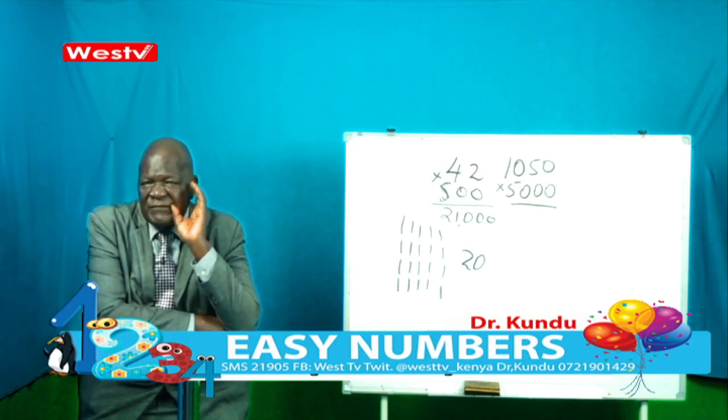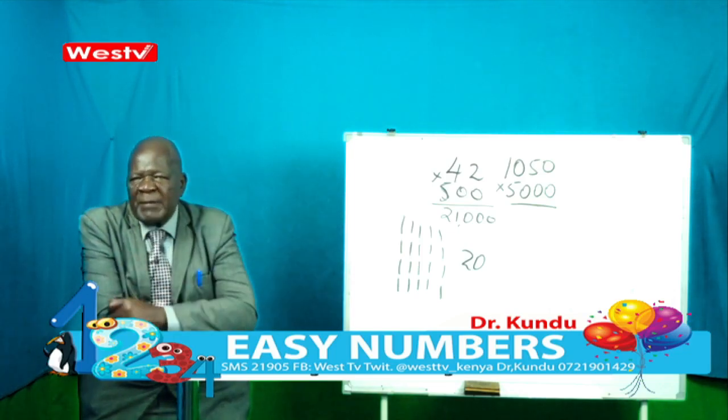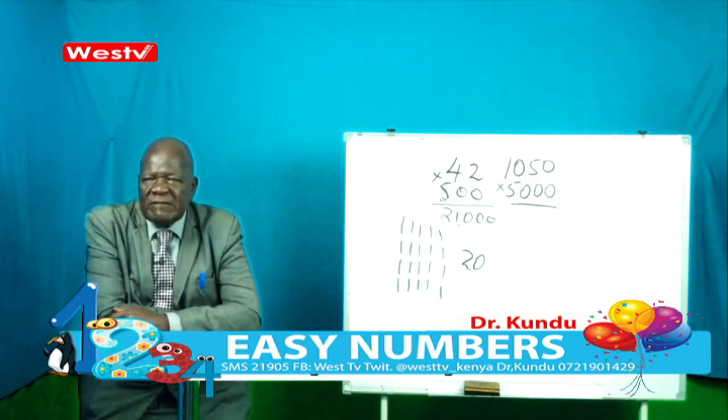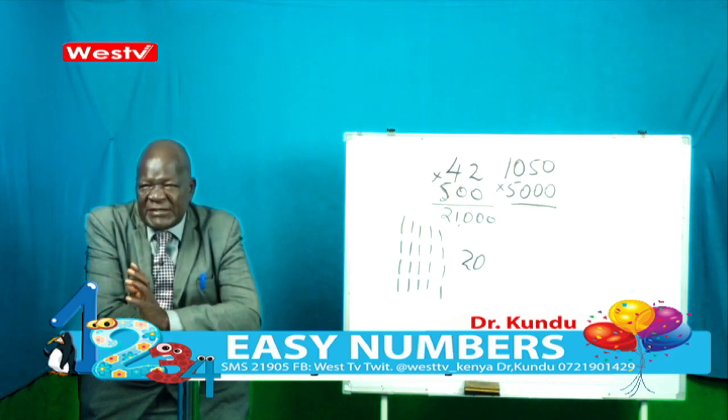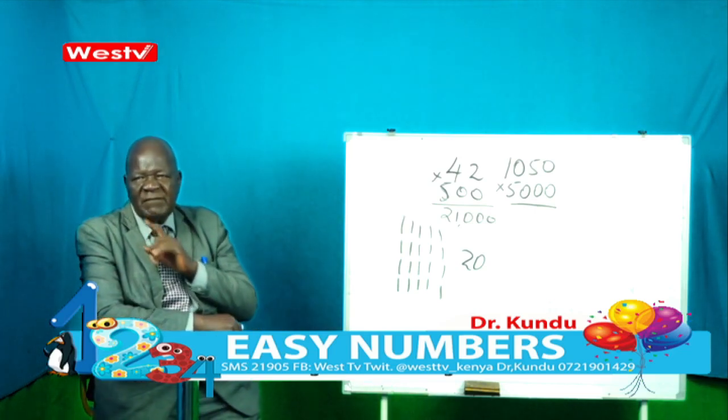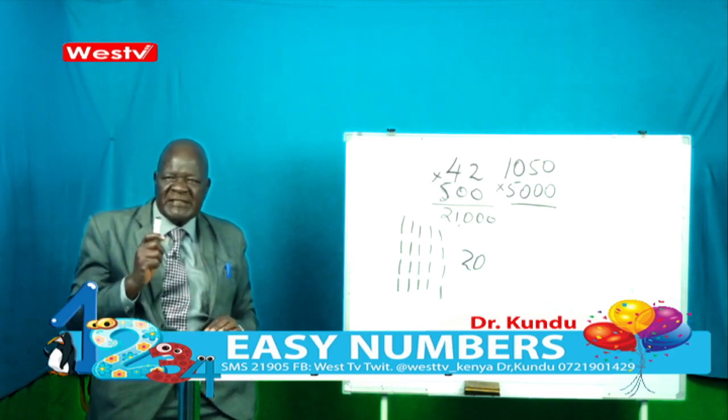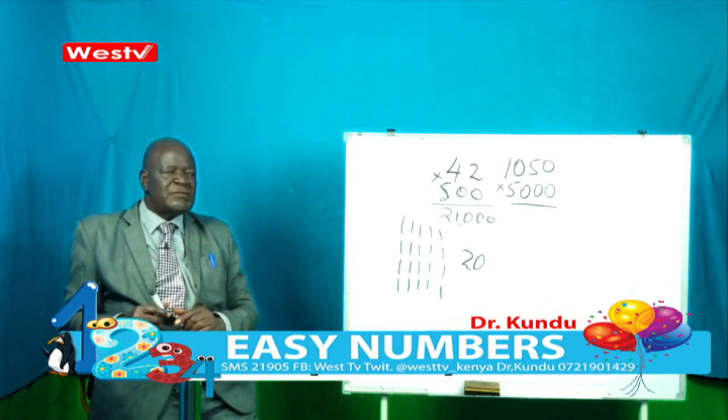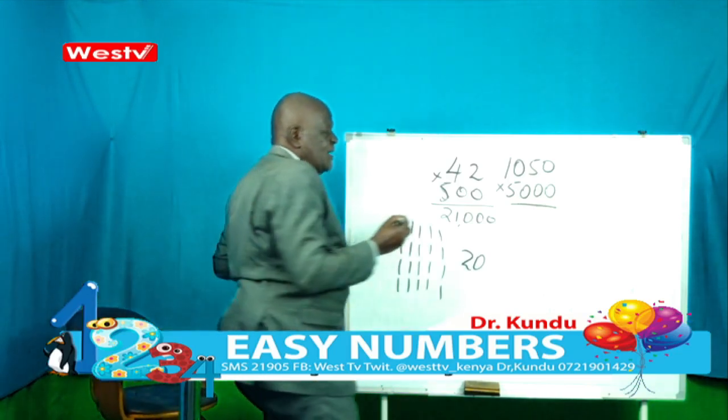The half of 1050 would be 525. So once a child reaches 525, then he looks at the 5 he's using. It's a 4-digit 5. So the child just writes down 525,